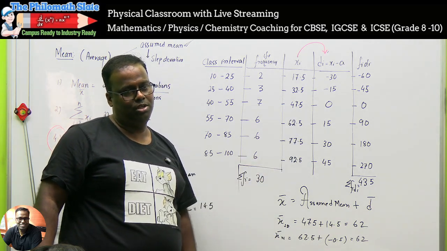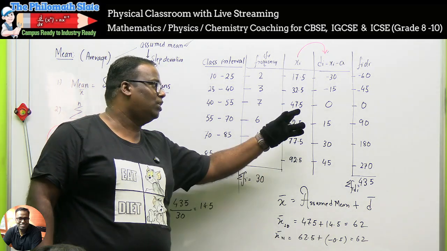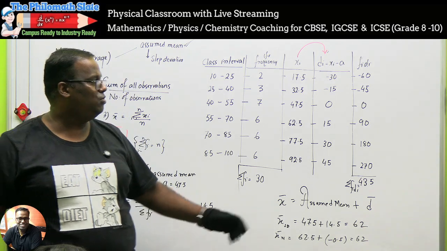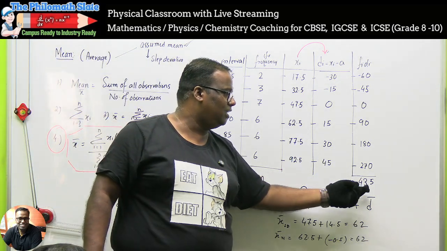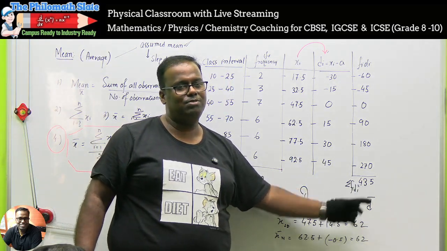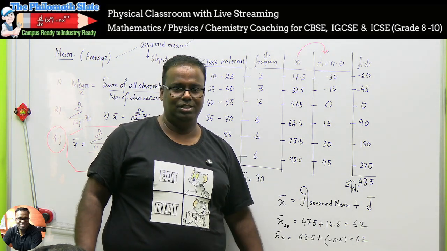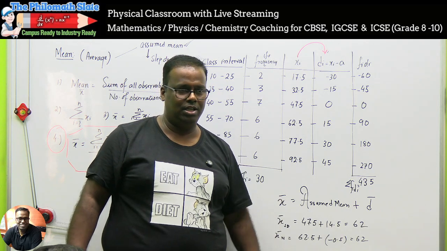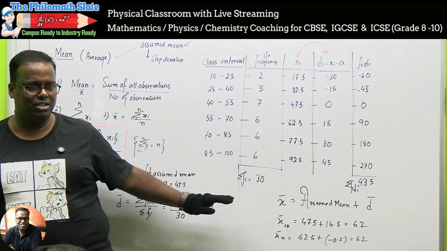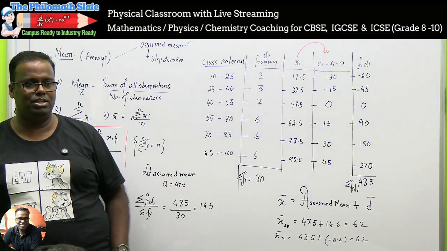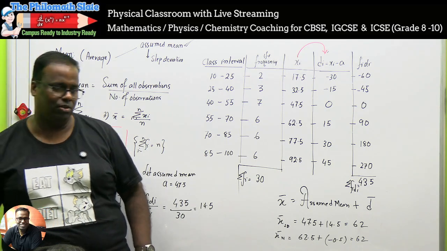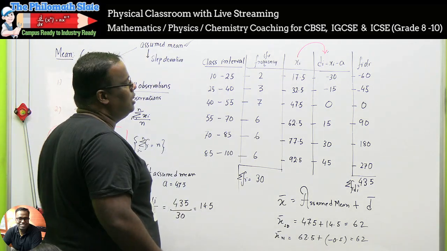Your wish. So in fact, by choosing 47.5, if I had taken my assume mean as 60 like Neha, this would have come even smaller. Neha's final division was only 15 by 30, whereas I did 435 by 30. So your wish, the way you take. But this is still not intelligent. This can be made one step more intelligent. Shall we make it one step more intelligent? Okay. Our one step more intelligent would be,